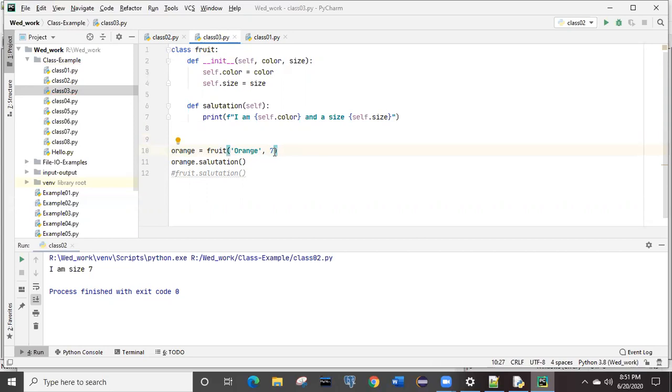Suppose this function definition is not present, then by line number 10 you can understand that inside the fruit class something is expecting two arguments. The first argument will be the string type and the second one will be the integer type, right?